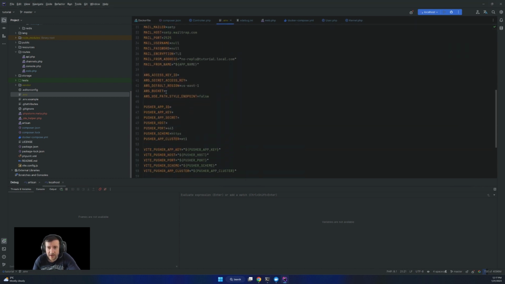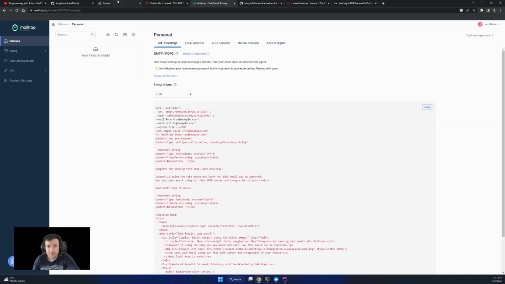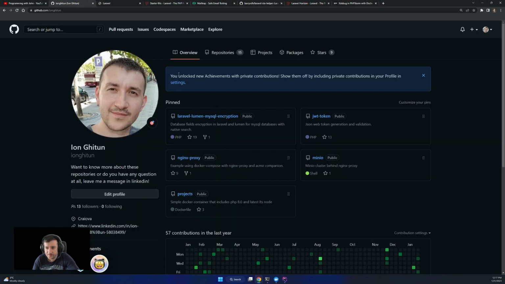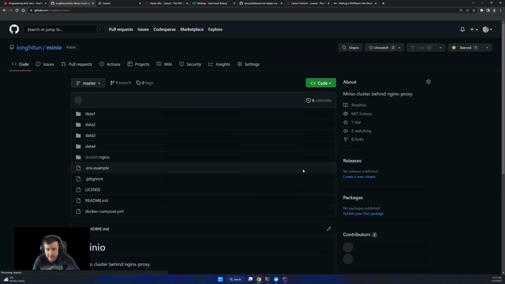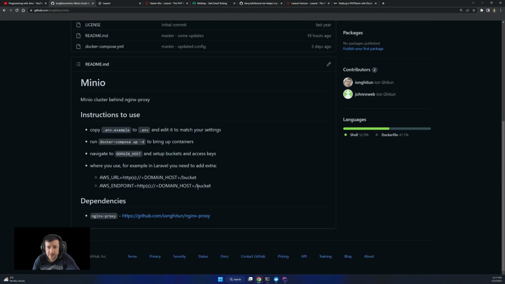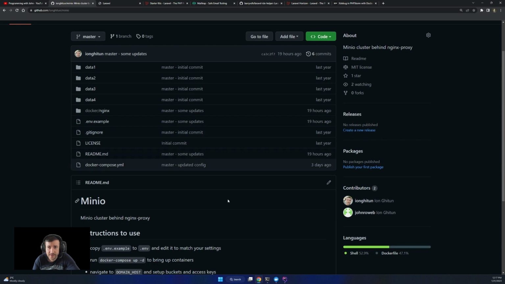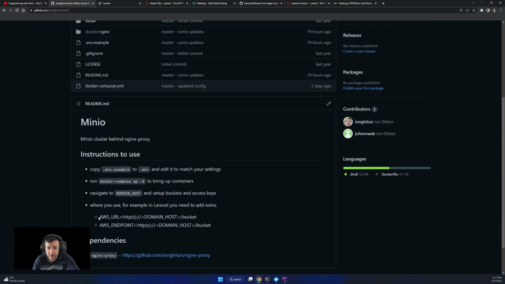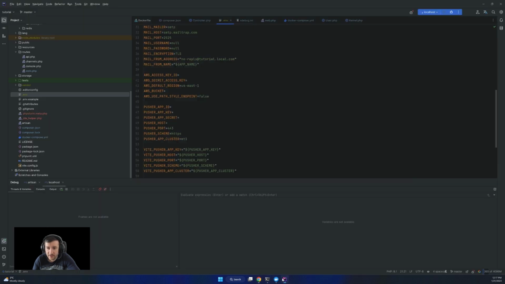If you want to use AWS in a local environment, but not connect to actual AWS, I have this MinIO cluster that works like AWS, and you can download and set it up. The only thing you have to do is set, depending on what you set in the env as domain host, add those two extras, and then obviously whatever you create as id, access key, region, bucket, and so on.